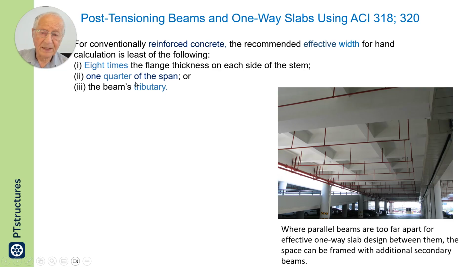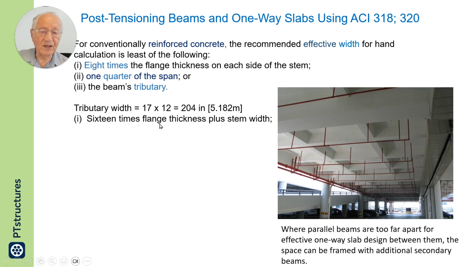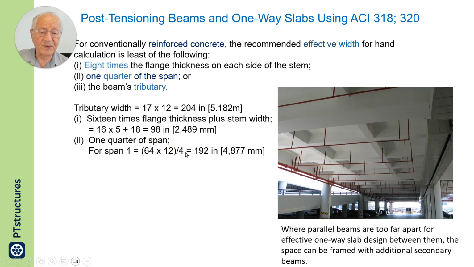This is on the assumption that you extract a section and deal with it in isolation. Based on the 3 items I just mentioned, knowing the tributary, this is the distance between the beams, so this is the total length. 16 times the flange thickness is this. 1/4 of the span is this. And